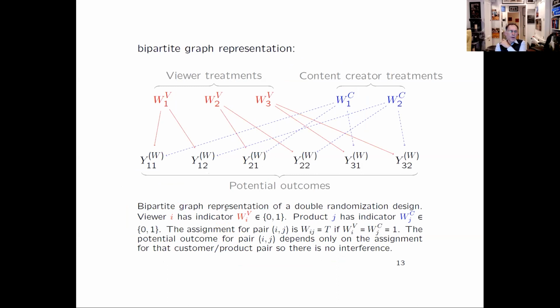Now, back for a moment to the bipartite graph representations in the Ziegler, Meali, and Papa Giorgio work. We can put the design in the same bipartite graph representation, where we have a number of viewer treatments, a number of product treatments, and a set of outcomes that are measured on a different population, with some of the treatments affecting some of the outcomes, but not others, in a way that's governed by the type of interference we're interested in looking for.